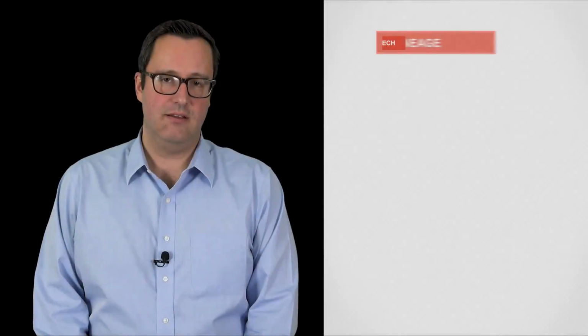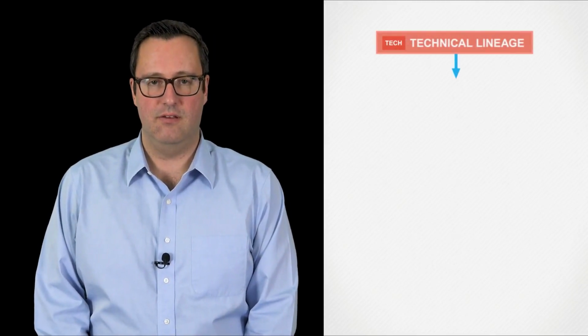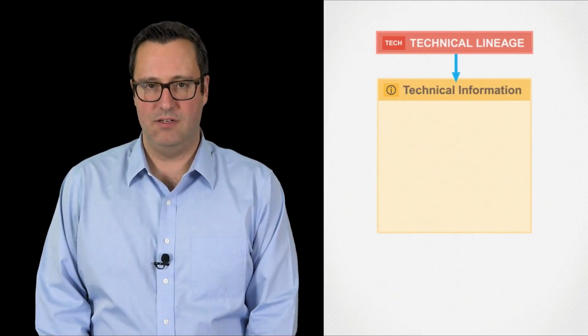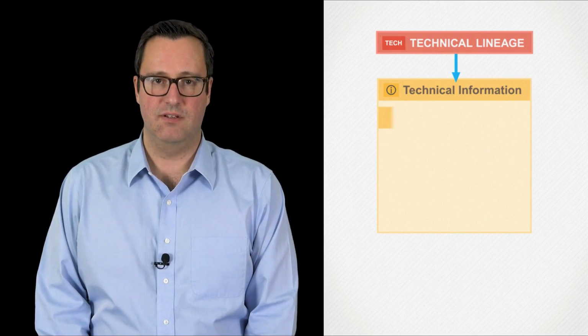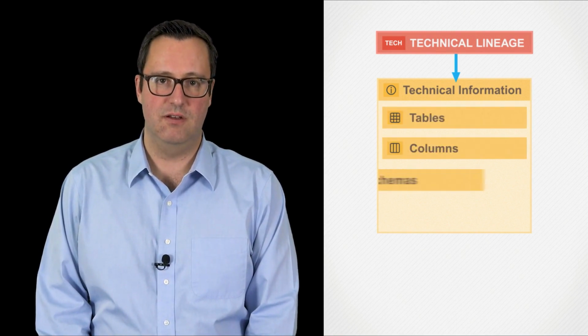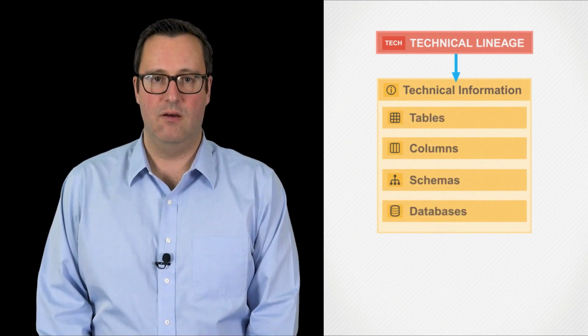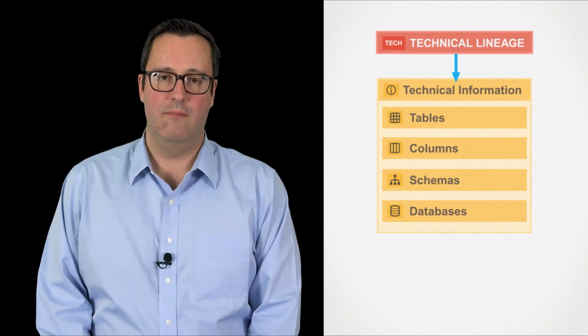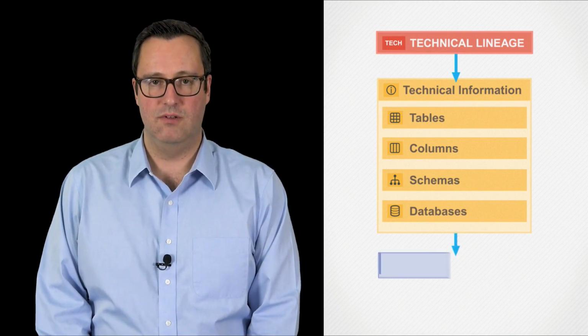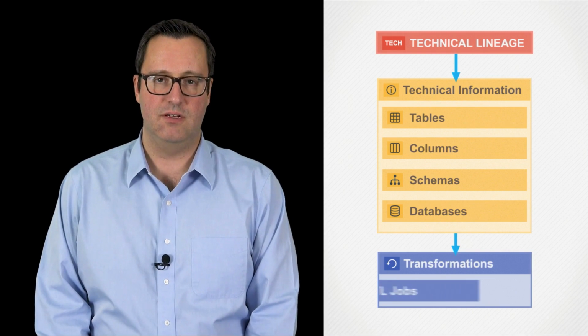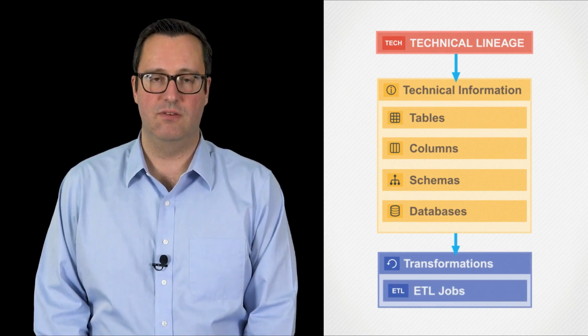Next, we're going to talk about the differences between technical lineage and business lineage. Technical lineage is really the documentation of technical information. So it includes the physical tables, columns, schemas, and databases where the data is stored. It will also include detailed transformations, such as ETL jobs, and really show how the data is transformed between each